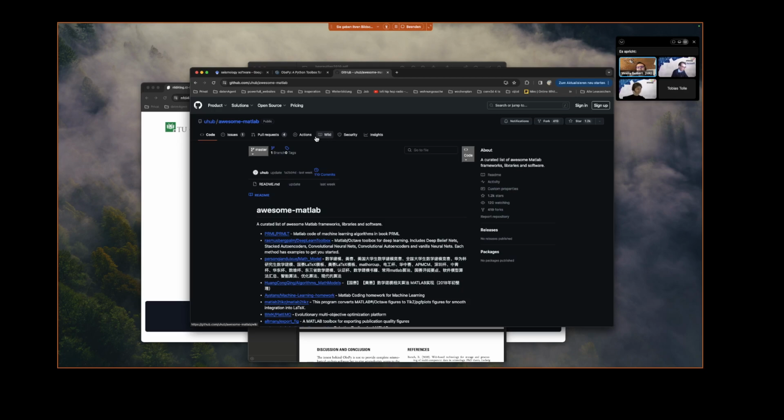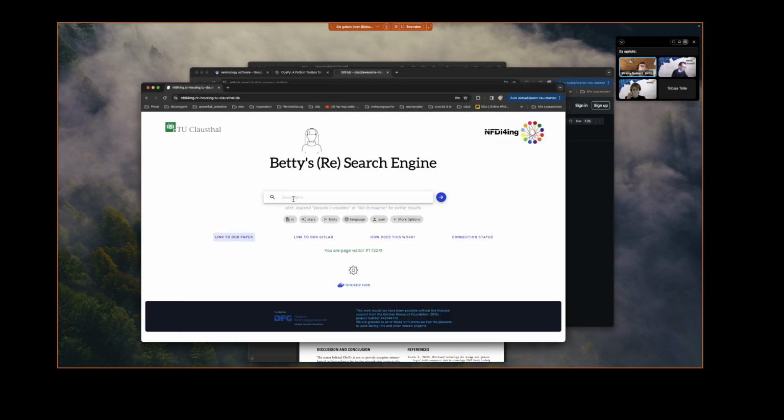Well, it's a good thing that we all went to this Betty community cluster meeting and we found out about Betty's research engine. They told us something about a cascading search. Let's see how that works out in practice. So what we do is we go to Betty's research engine, we type in seismology. It already gives us a hint how to construct the search query. So we type in the same search query, DOI in